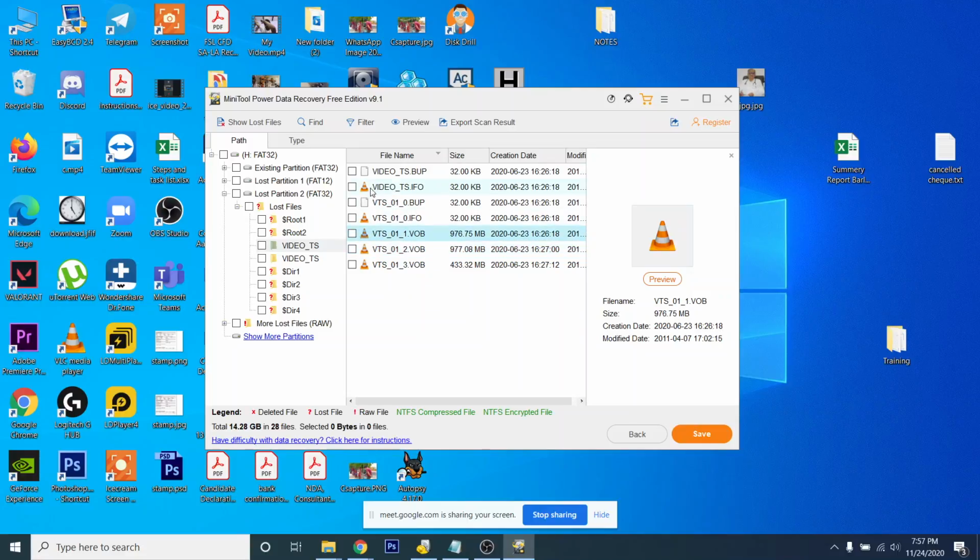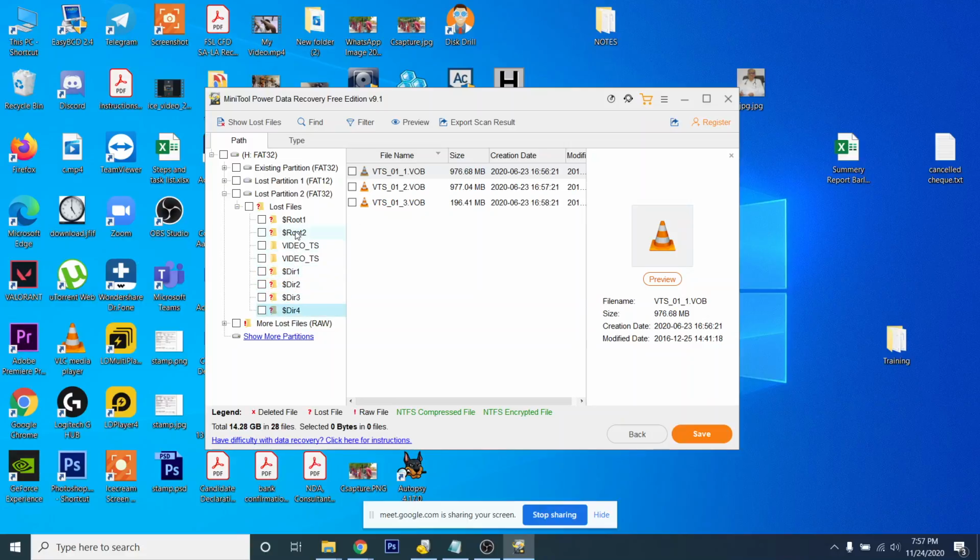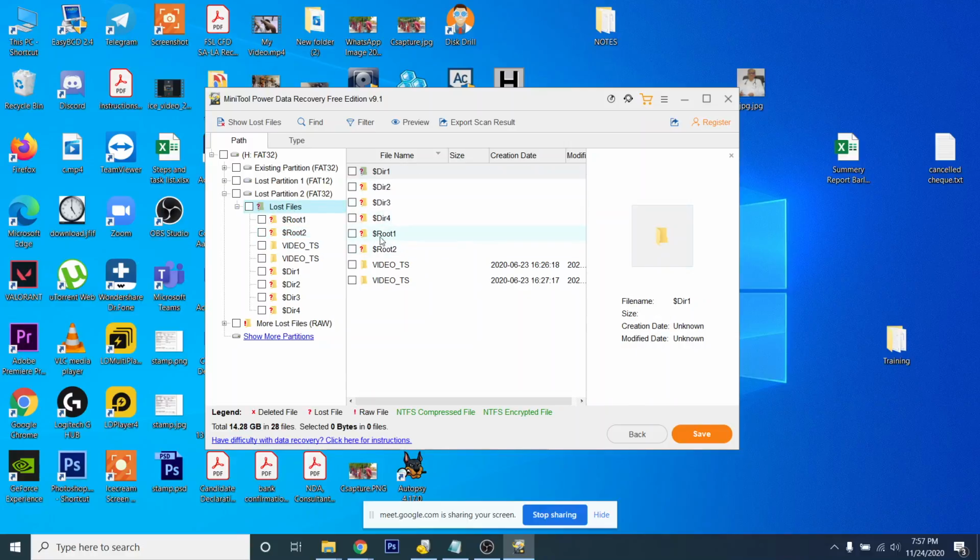Isn't there any small video? I have not purchased the registered version, so I'm only able to recover 1 GB. So I don't want to waste it. Basically, all these directories are the same. Indexer, volume root, python 3, decorator, lost files. These two root folders are separate, and all these folders are related to each other.